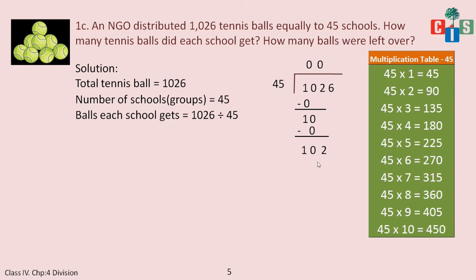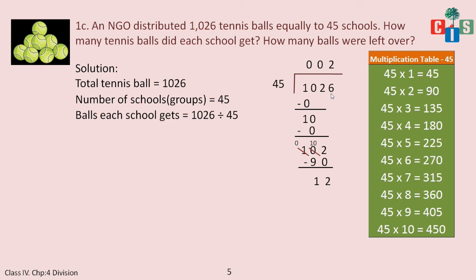So in the table of 45, when does 102 come, or you have to find the number smaller than 102. Okay, so let's see, it's 90. Yes, 45 threes will be greater. So 45 twos we will have. So 45 2 times will give me 90. And now I have to do subtraction. 2 minus 0 is 2, and then this 0 will be reduced to 10, and I will borrow from this one, and this one will be reduced to 0. Okay, so 2 minus 0 is 2, and 10 minus 9 will give me 1. So I have 12. Fine.